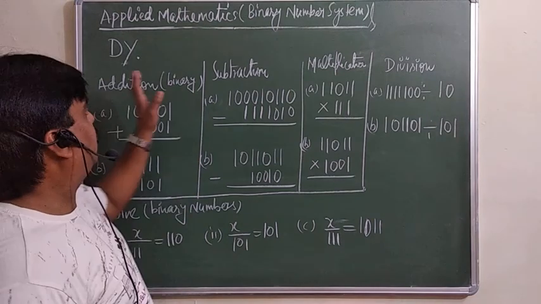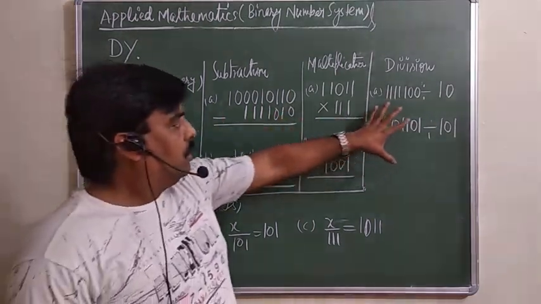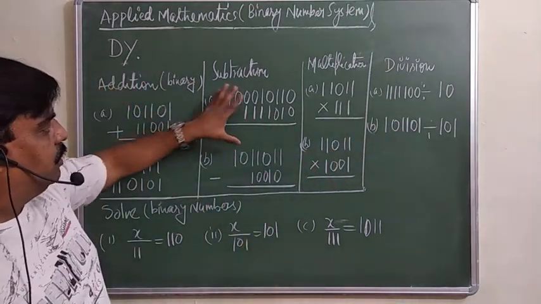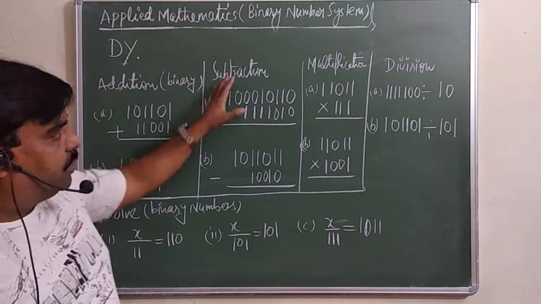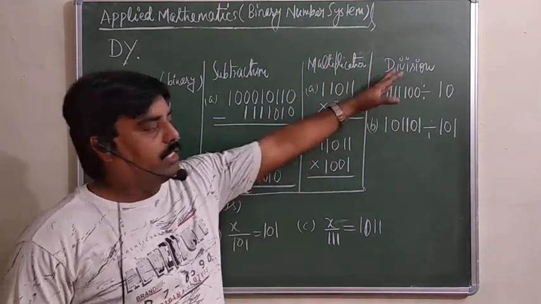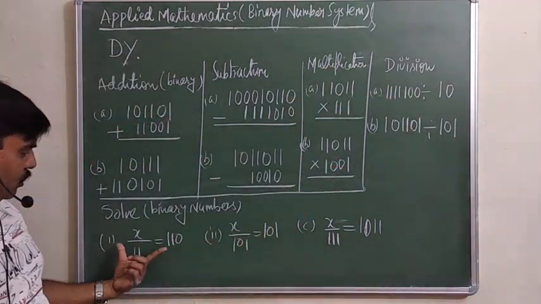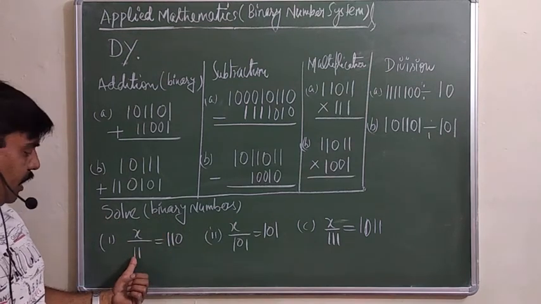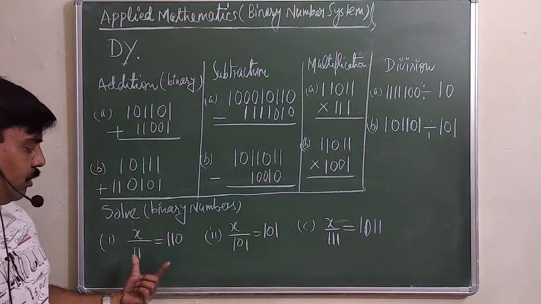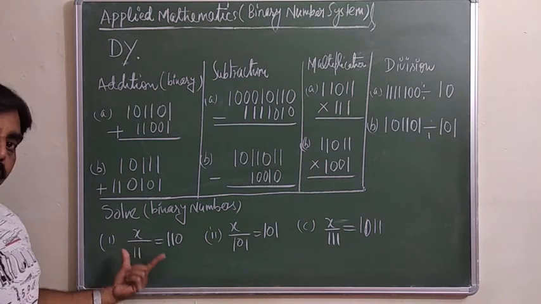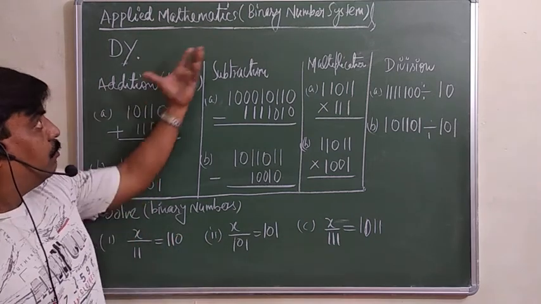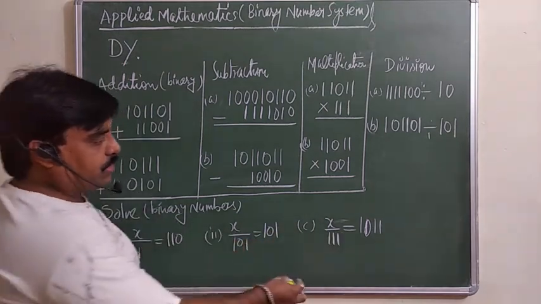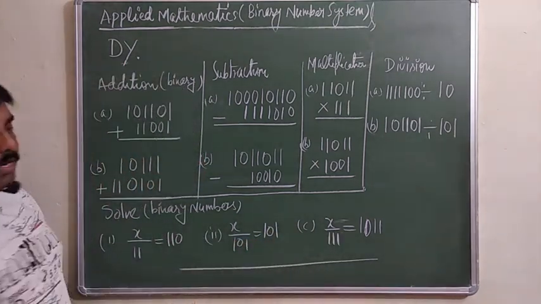Yes, now these are a few questions I have written here. You can go through and solve them yourself. घर पे इनको देखिए एक बार करके. Here is addition, then subtraction, then multiplication, and then division. And a few more questions. Then a question can be asked: solve for binary numbers. These are binary numbers. Don't take it like you are multiplying 11 into 110. No, these are binary. So according to the binary number system, you have to multiply and divide them. So you must try at home. This is your homework, do it yourself.